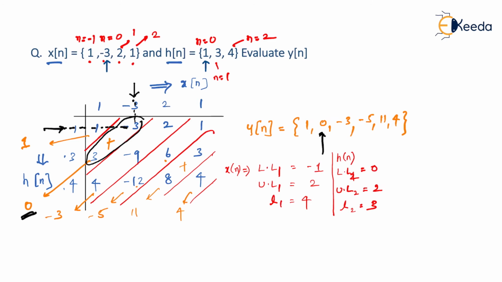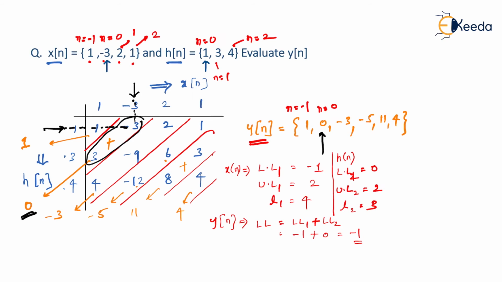Is that right? So by the formula for y of n, the lower limit is always lower limit 1 plus lower limit 2. Lower limit 1 is minus 1. Lower limit 2 is 0. So it is minus 1. Please verify. As you can see, n equal to 0, n equal to minus 1. So now it is verified that y of n actually starts with the n equal to minus 1 sample. So the lower limit formula is verified.